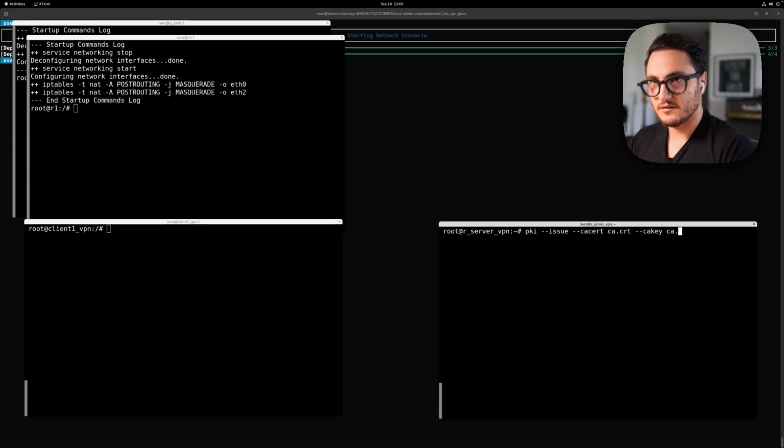The key for the certification authority, the type of certificate, serial number for the certificate, how long the certificate is valid,